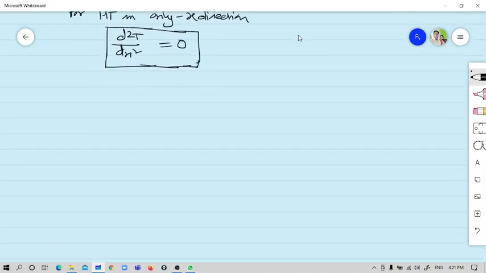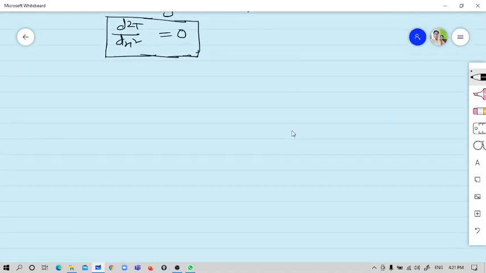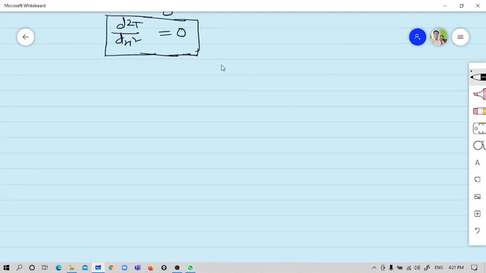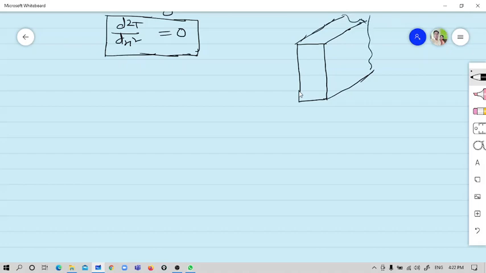So I will just show you how to make use of this equation now. Let us apply this equation to one simple example. Let us consider one plain slab through which there is heat transfer. The slab will be something like this. We're not concerned with the length and all that of these slabs.